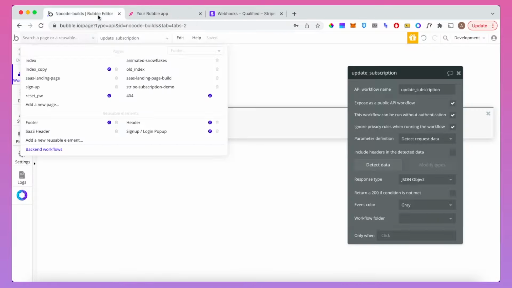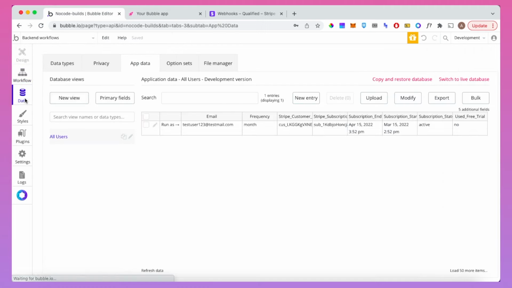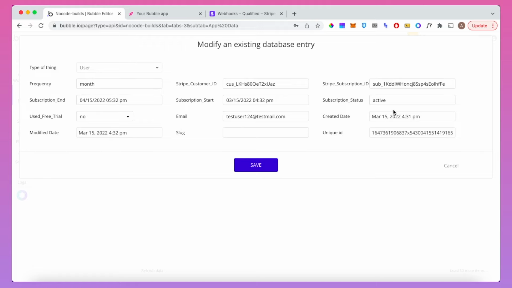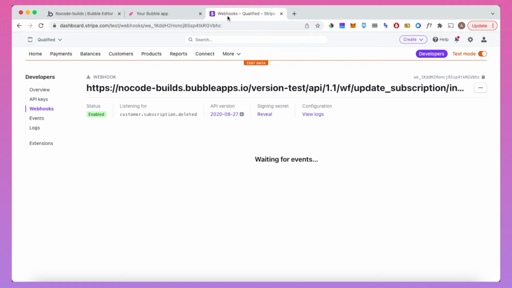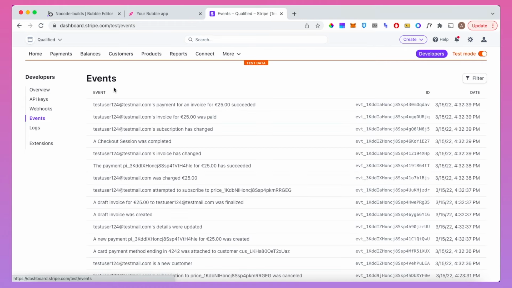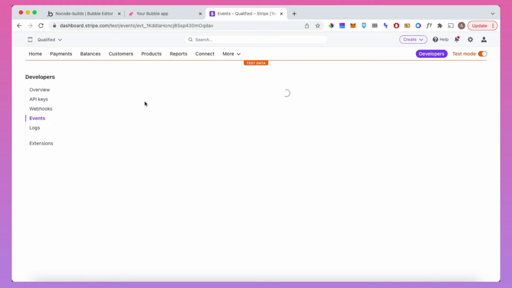Okay, we've now signed up that new user. And just to show you that again, we're going to go back into our database, and this is our new one, test user 124. Again, active subscription at the moment, but we're actually going to cancel this manually via the Stripe dashboard. And just before I do that, let's try this. If we go into events and we go into this,